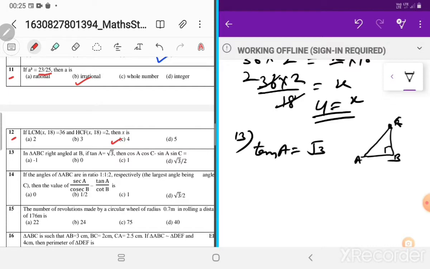Now we know that this question you can solve by two methods. It is given that tan A is root 3 by 1. So we have to write the values of tan: perpendicular, and we can write 1 here. Now we know one formula, Pandit Badri Prasad har bole. You can apply this one. Whenever you're doing any trigonometric identity or any trigonometric question, you have to write this formula first: Pandit Badri Prasad har bole. The first is for sine theta, the second is for cos, and the third is for tan.